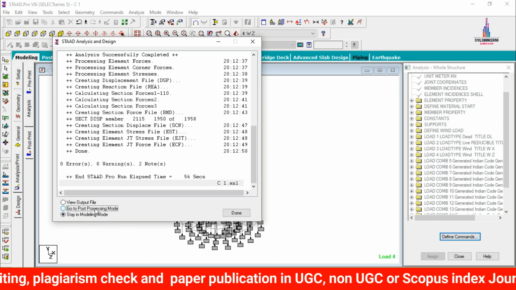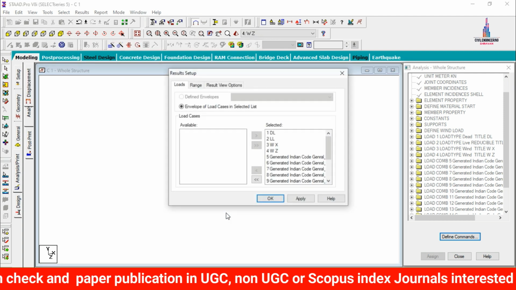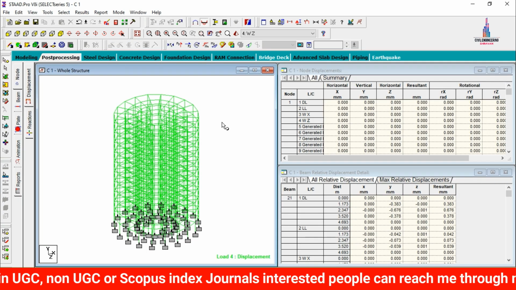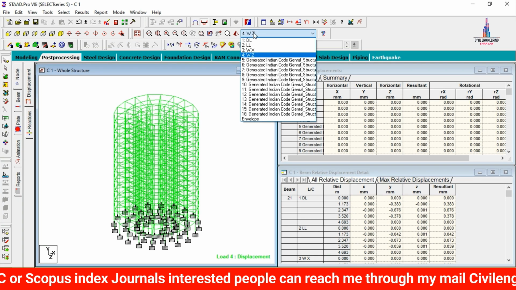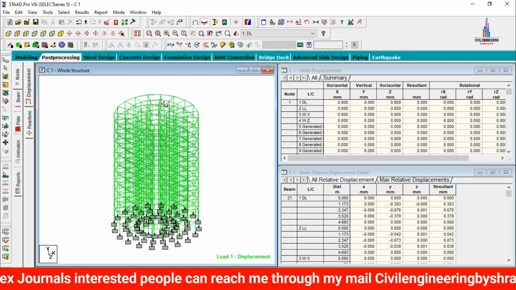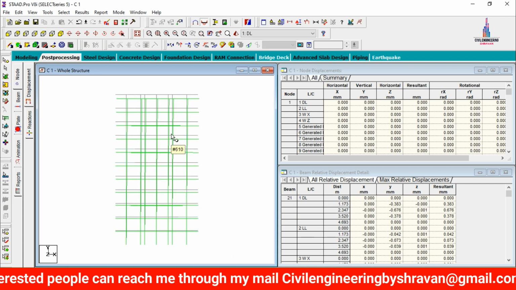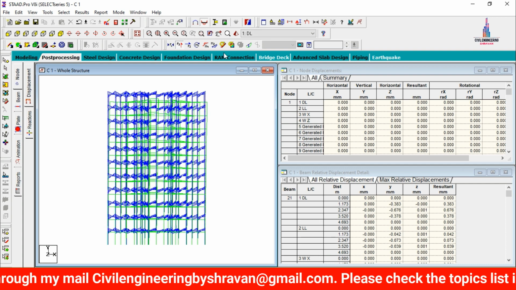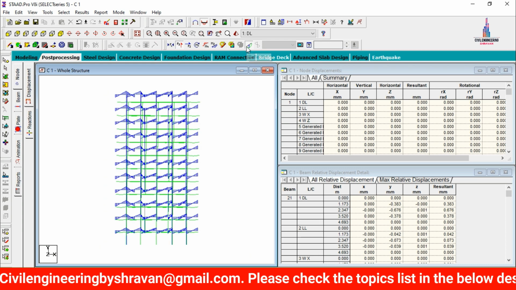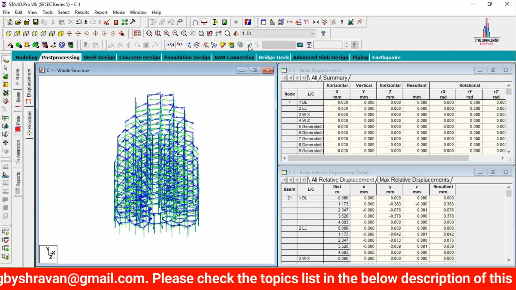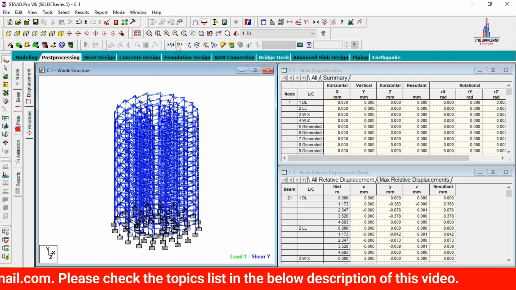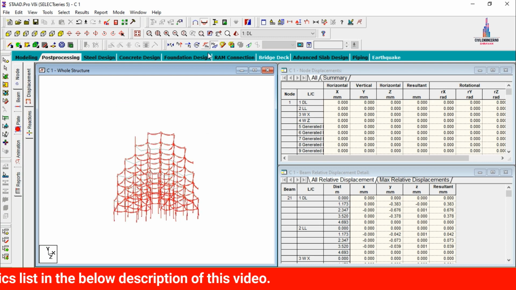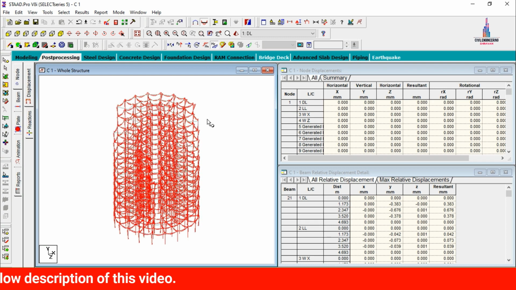Go to post processing mode, click on done option. Apply all your respective load cases, click on apply, click on OK. This is the deflection diagram due to the presence of wind load in z direction. This is the deflection due to the presence of the dead loading condition for the building. After that, we have to click on the shear force diagram, select Fy value. This is the shear force diagram for this structure. Again, in the same process, we have to check the bending moment diagram, select the Mz value. This is the bending moment diagram for this respective structure under consideration.